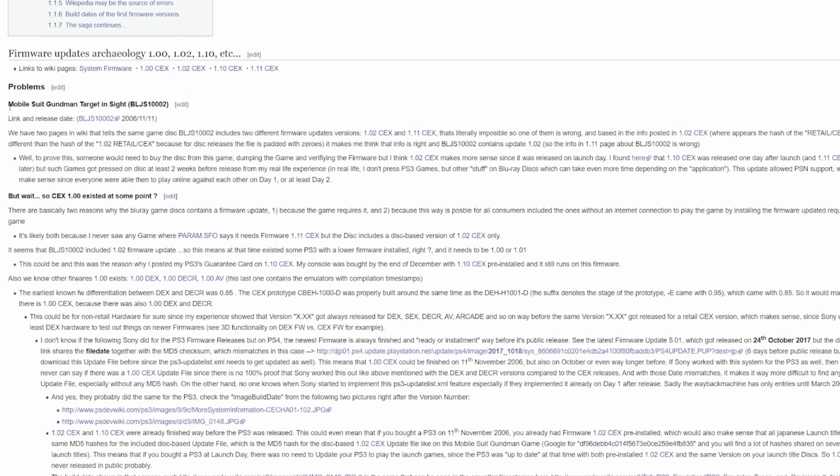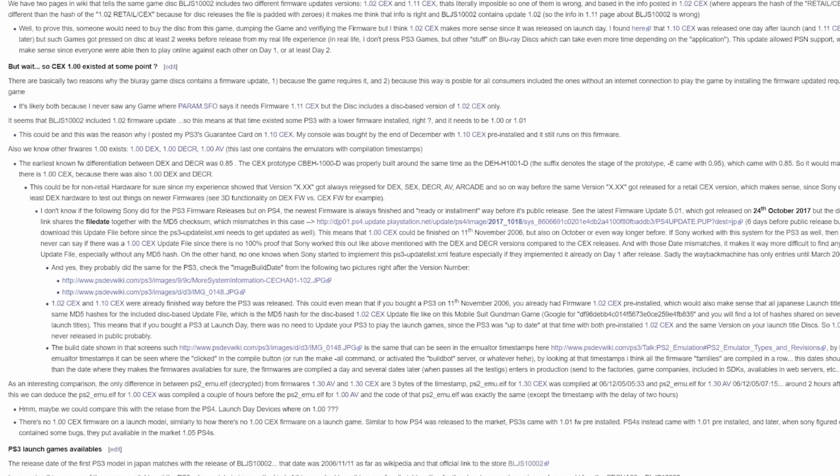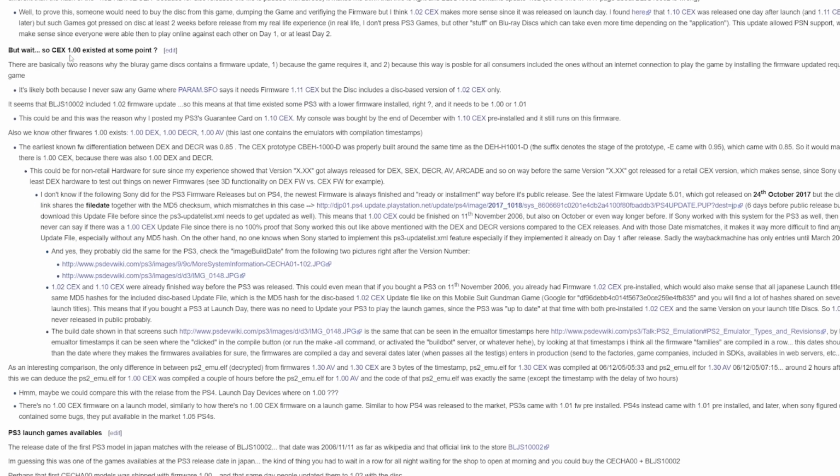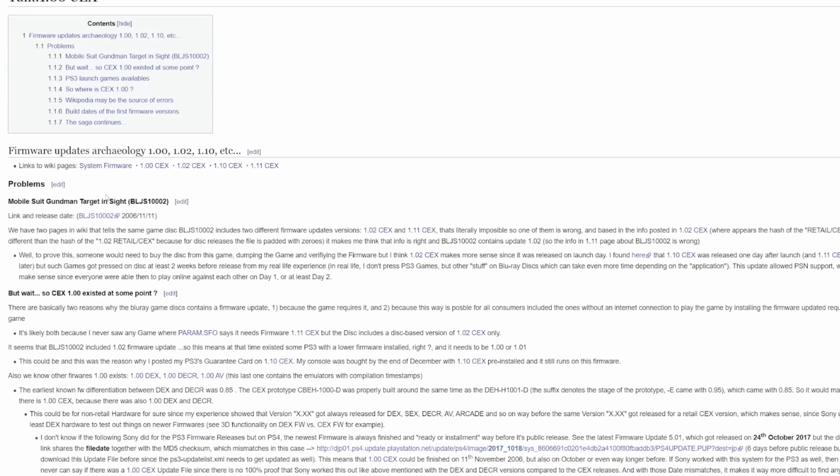So it looks like there was some debate because this game, Mobile Suit Gundam Target in Sight, seemed to have the same game disk here, including two different firmware updates, one being 1.02 and one being 1.11, which it looks like they were saying, hey, that's not going to be possible, so which one is it here? They were trying to figure that out. But they're also saying, wait, so CEX 1.00 existed at some point, because this is implying if this